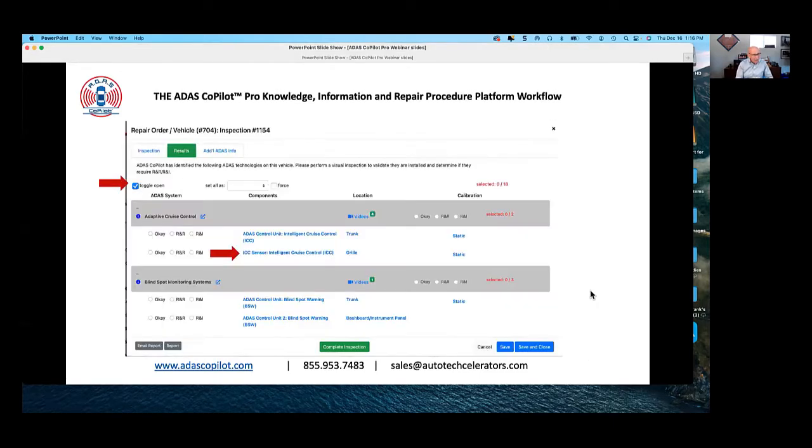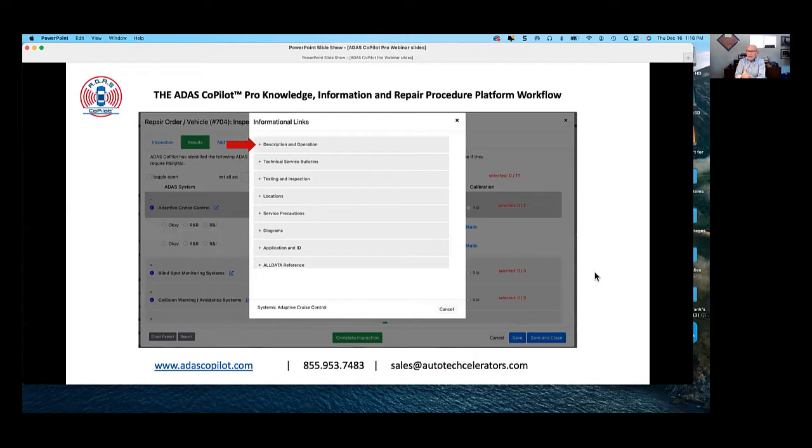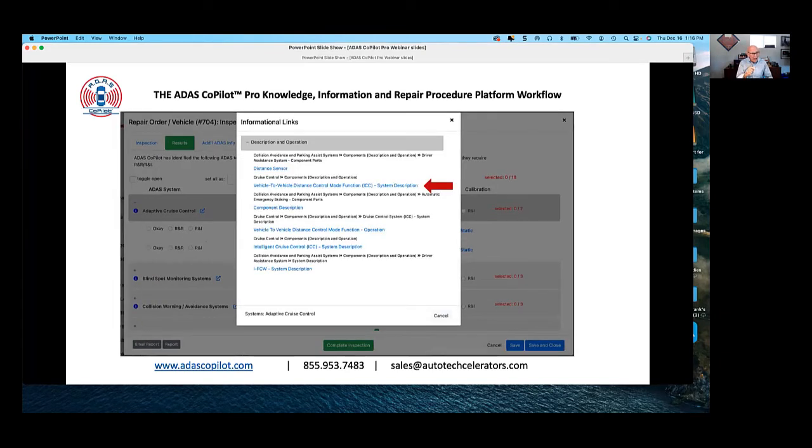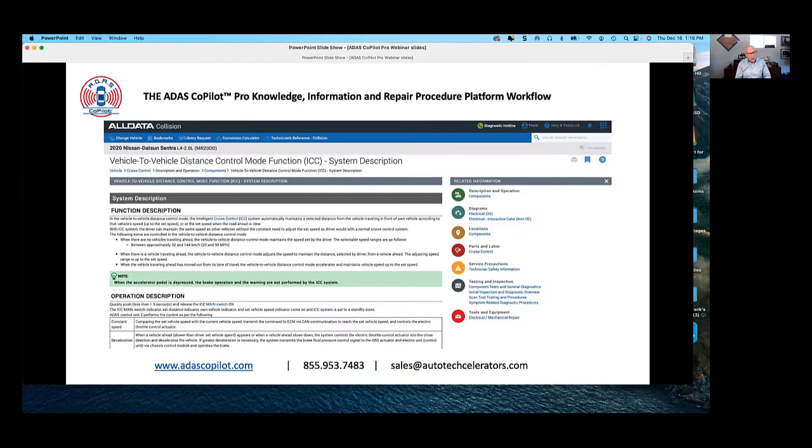So once I press or click as an estimator on that component, I am now taken directly to my ALLDATA repair procedures. I don't have to do any search. I don't have to know the name of the component, none of that. I press or click on that component. It takes me to my ALLDATA. I click on ALLDATA. It takes me to what information I need to know about the component. And oh, by the way, it directly takes me to the ALLDATA repair procedure virtually instantly.